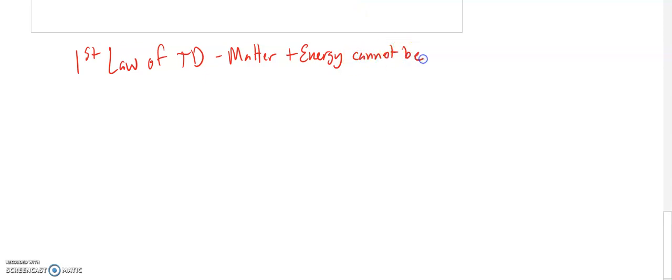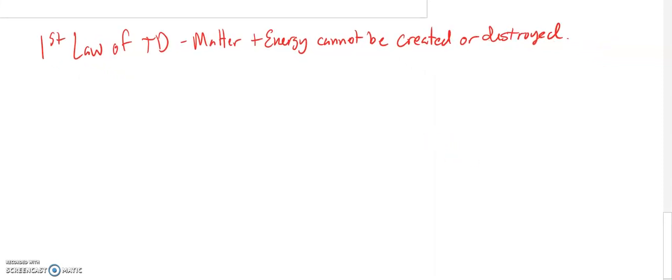cannot be created or destroyed. So that's going to deal more with how things cycle or flow. The second